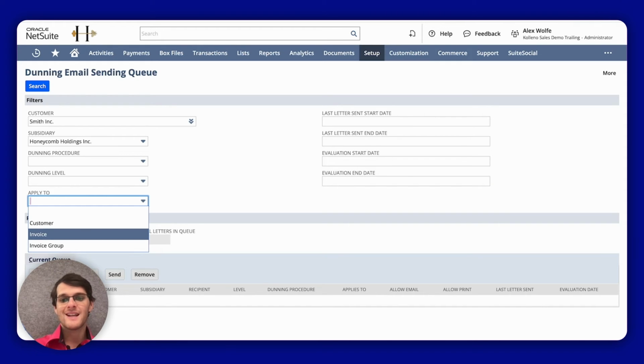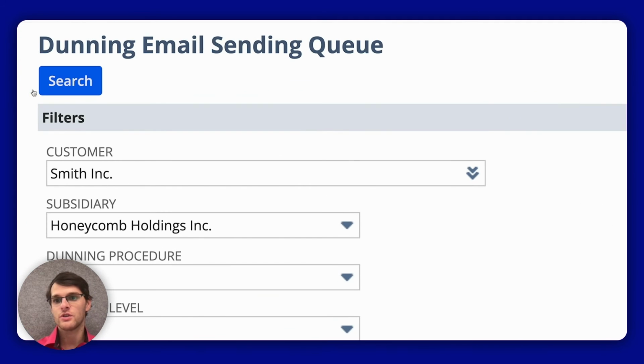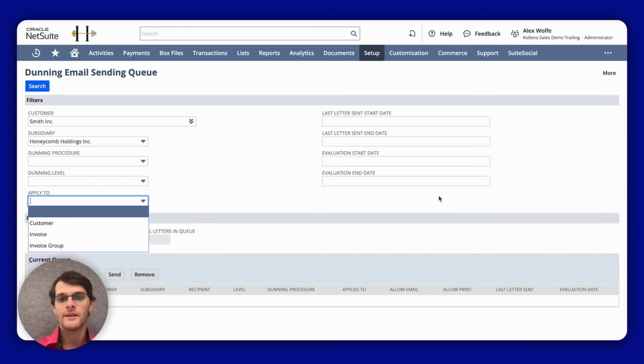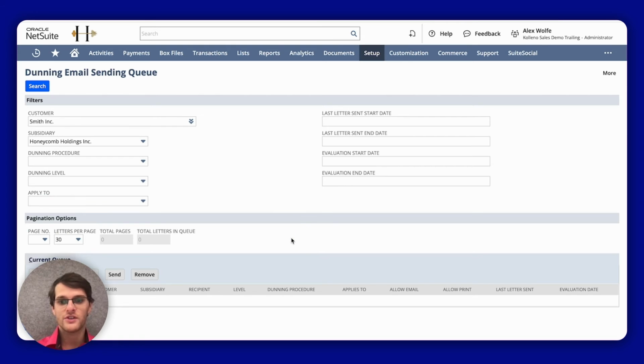If you do not select any value in the filters, it will just show you all the possible Dunning letters. So I encourage you to filter so you can see correctly. Then you will just click on search in the top left or bottom left, and then you will just use the standard pagination options. I don't have results on this page right now, but when the letters show, they will show here